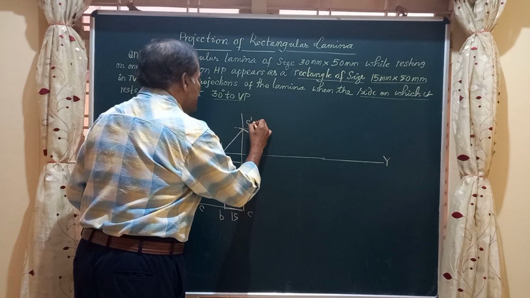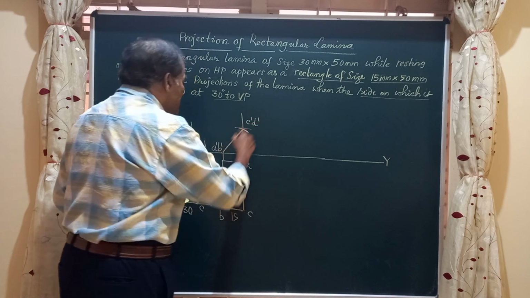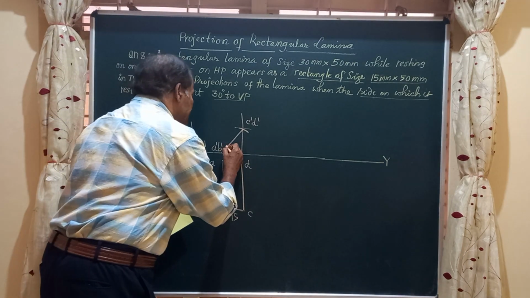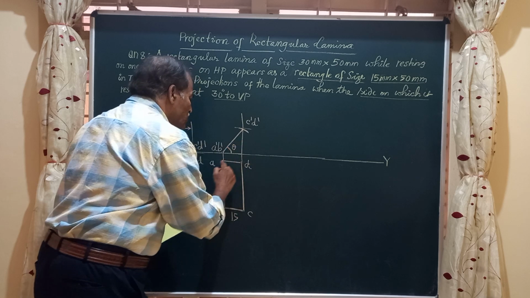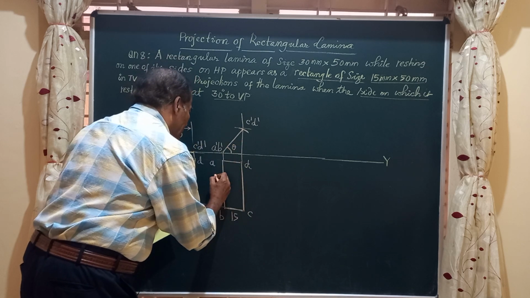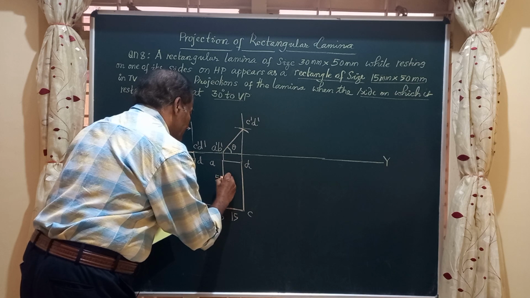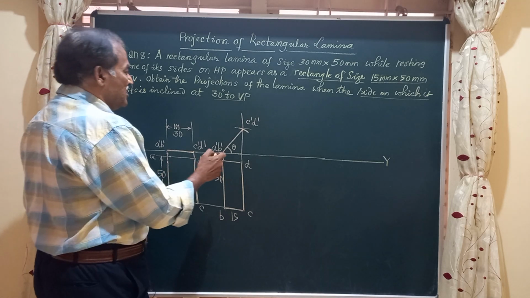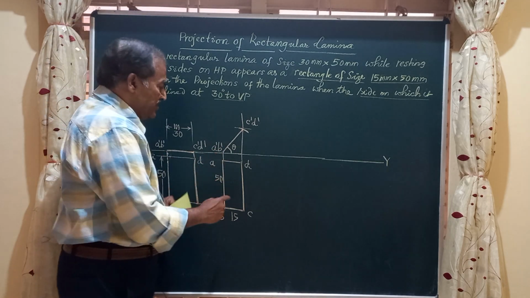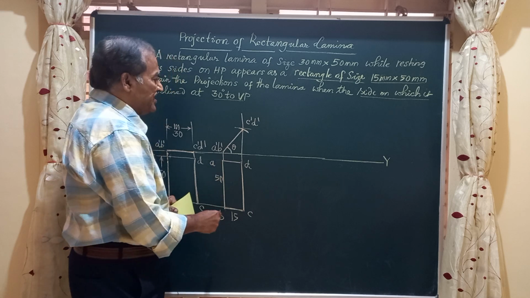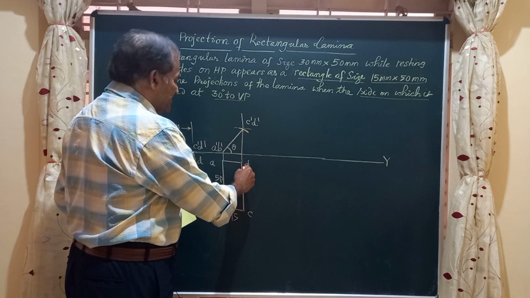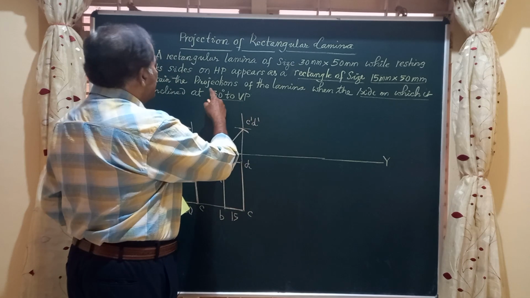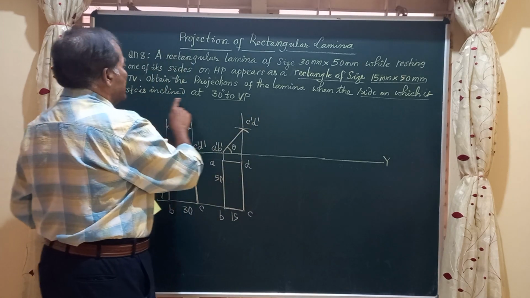This point is called C dash D dash, and this line represents the surface of the lamina, which is inclined at an angle theta to HP, so as to obtain a rectangle ABCD having dimension 15 by 50 or 50 by 15. Now friends, you can observe here the lamina is resting on A dash B dash. A dash B dash is the longer edge of the lamina, and the edge opposite to that, CD, we have got. But he says the longer edge or the edge on which it is resting is inclined at 30 degrees